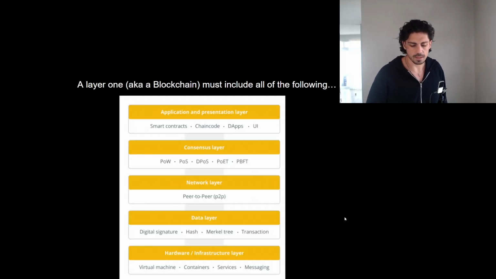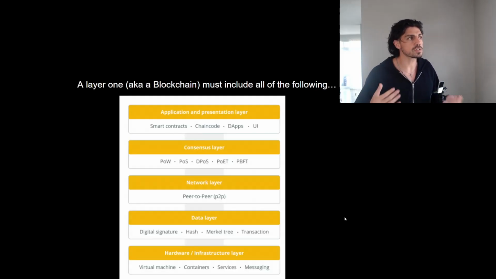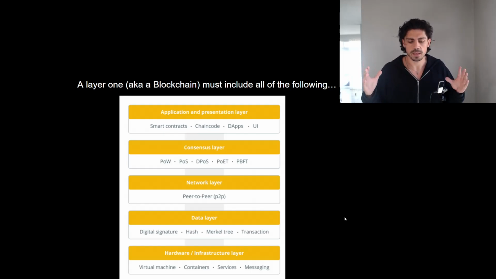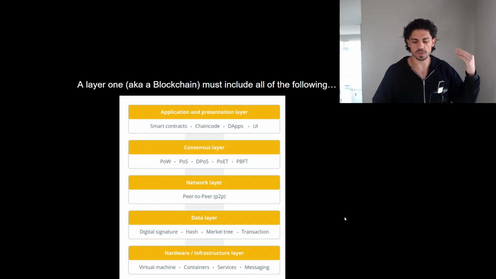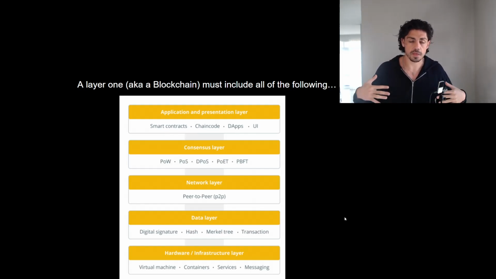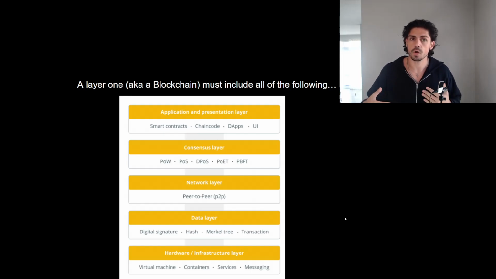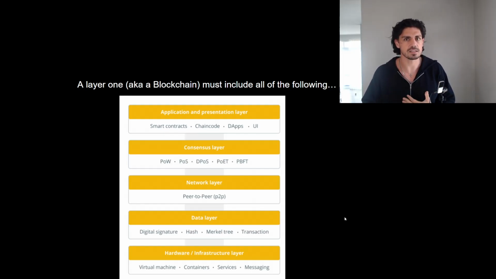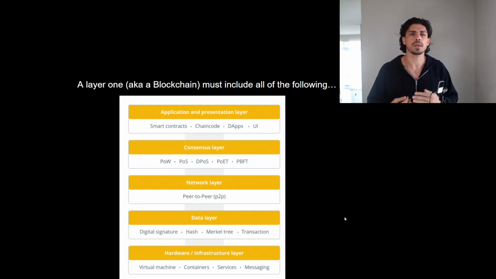Of course. Layer one is really just a blockchain, okay? And it's constituted of these five components, okay? So there's the application and presentation layer, which includes smart contracts, chain code, and so on. And then there's, of course, the consensus layer, which is basically how consensus is achieved on the blockchain, because